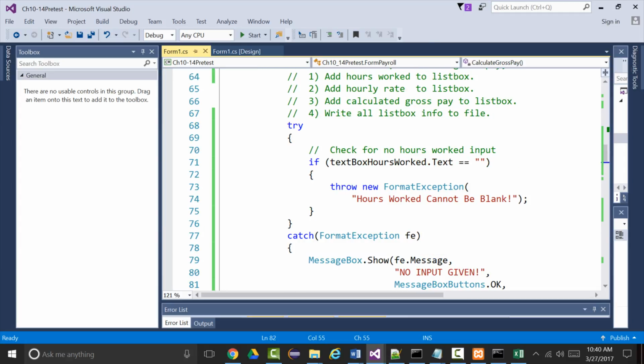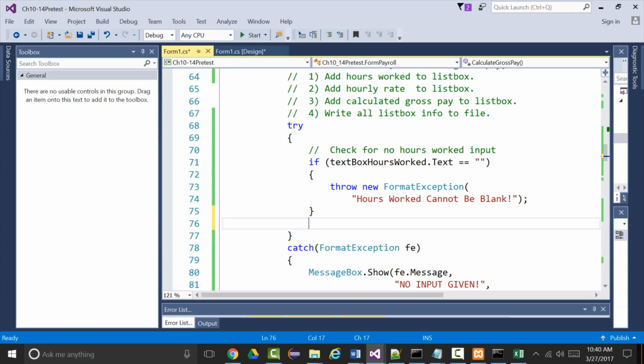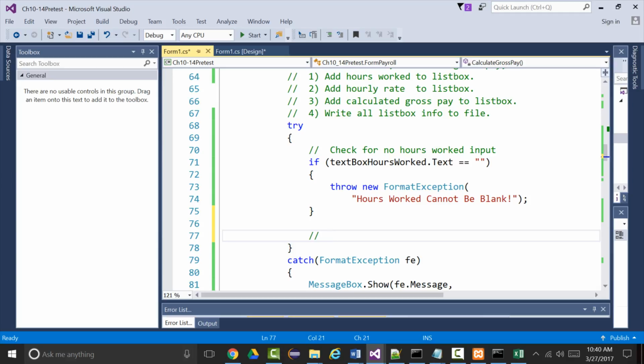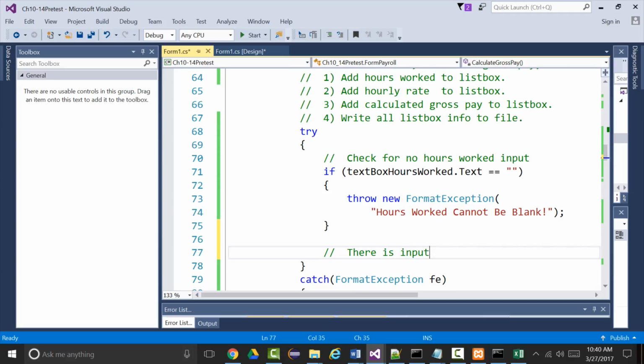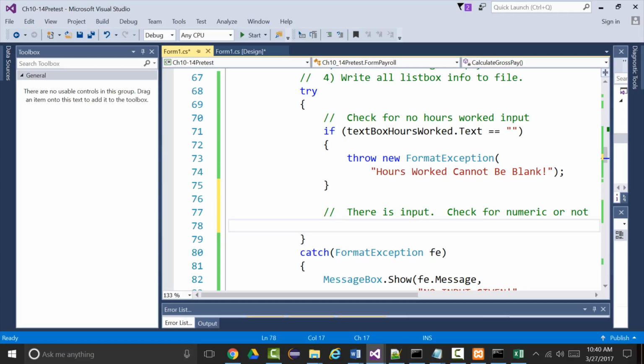All right, so if we get down to this point, again, I like to put comments in here. There is input. Check for numeric or not. To me at least, that would seem like a good thing to do next. Again, I'm trying to do things in an order in which I think they make sense. Else if